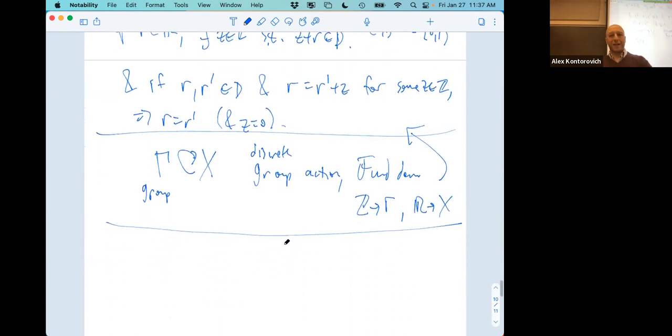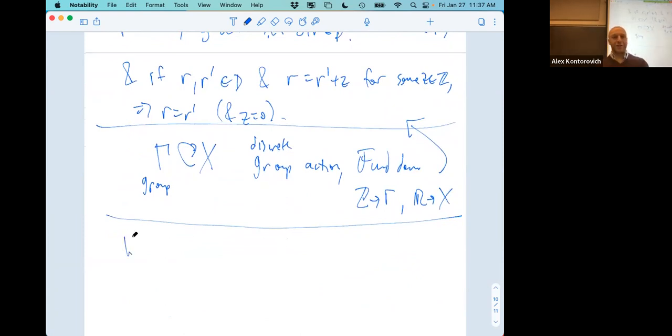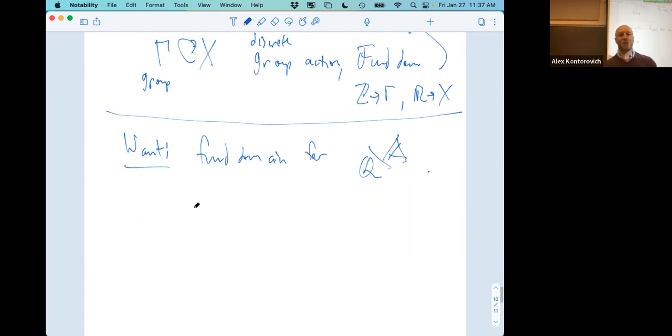Okay, I'm building up to a fundamental domain for the adeles modulo the rationals, which act discretely on the adeles. I'm not going to have time to do it today. It sounds kind of wild, but it turns out it's elementary. I don't want to just give you the answer, but we do need one ingredient in order to arrive at it. So let me give you that ingredient, because I can do that in 3 minutes. We'll need to be reminded of the Chinese remainder theorem.